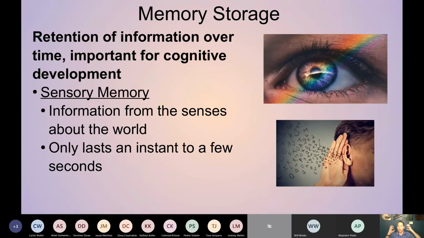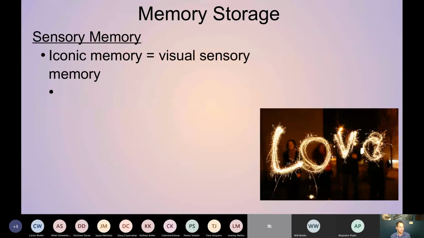So essentially our neurons are holding on to, or you could say, are keeping a store or kind of a reverse buffer. So if you're trying to load a YouTube video, it might buffer and kind of store some of that material ahead of you, ahead of what you're watching. Our brain kind of does this in an opposite way. So what you're seeing, it kind of stores what you've seen for the last second or two to then process and put it into your perception. So it only lasts a little bit. So that's sensory memory. It's a specific kind just about the senses that are getting input.